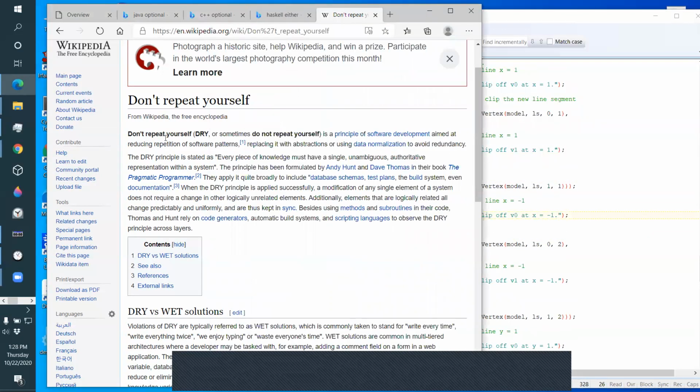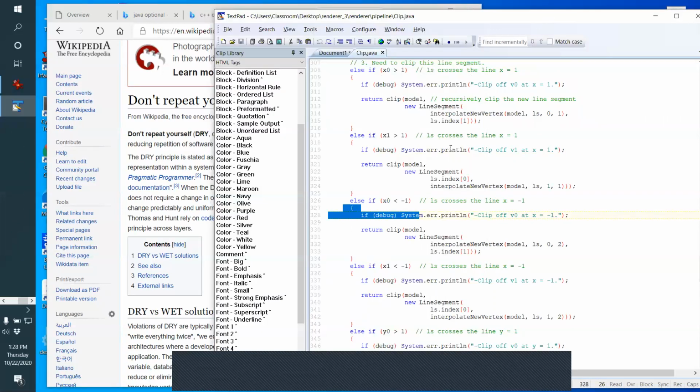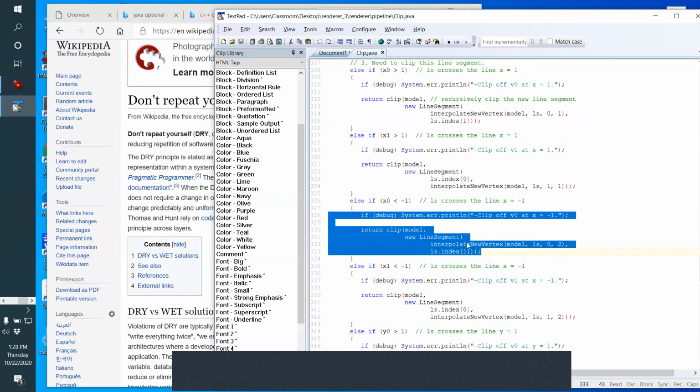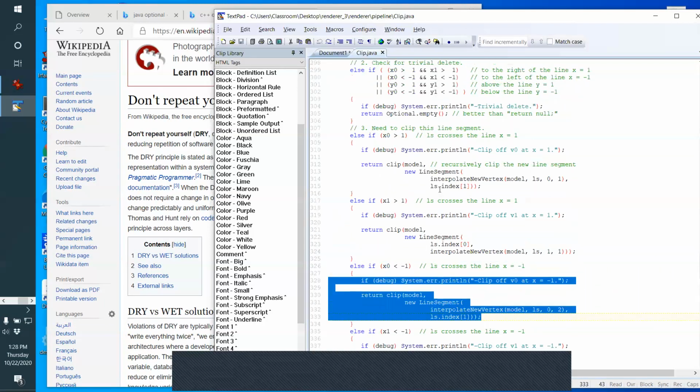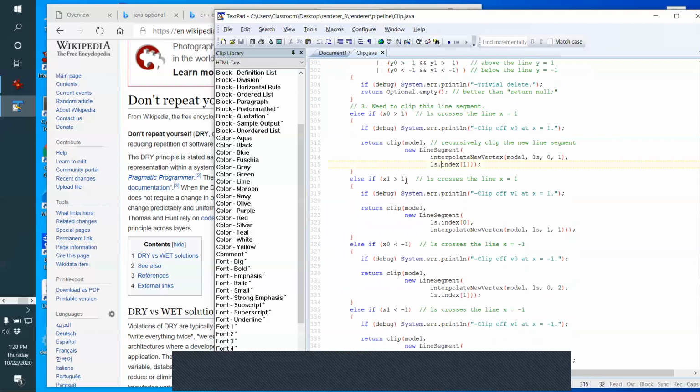But at the same time, if you read what people write about don't repeat yourself, you'll see them say that sometimes you're better off repeating yourself than trying to shoehorn too many cases into one method. You don't want methods with 7 or 8 parameters. That might just get to be too messy. Okay, so right now this code is not elegant,